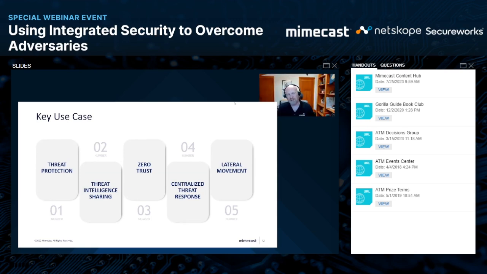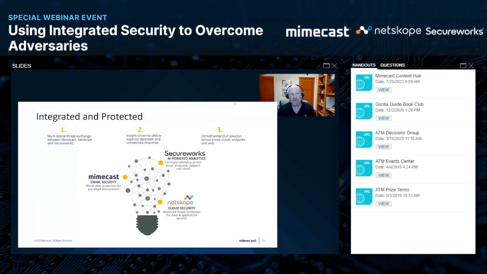What's exciting to me about all these use cases is they do feed off of one another. So threat protection reduces the attack surface. Zero trust creates another way to further reduce the attack surface and respond when seeing unusual behaviors. And then that centralized threat response and lateral movement takes into account an attack just right now, just in time, and being able to control, constrain, and reduce or eliminate that altogether. So it's so cool that we've got these integrations that we're presenting to you that actually feed off of each other and deliver all of these use cases with the same fabric.